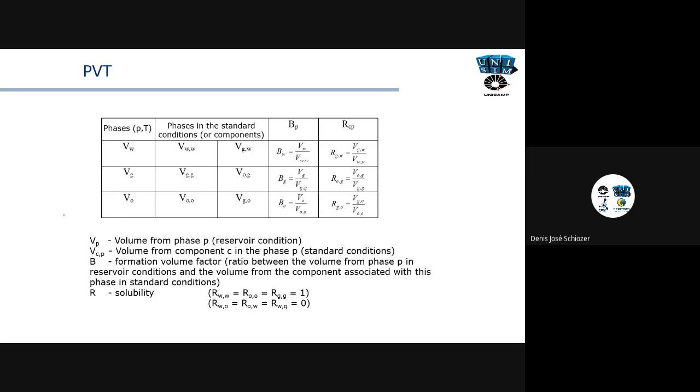But the problem is that petroleum engineers that write reservoir simulations, instead of writing mass balance equations, write volume balance equations. And so we have to convert all the conditions to standard conditions. So don't bother if it's confusing for you, but I'm just giving this because all the books, all the papers, everything,